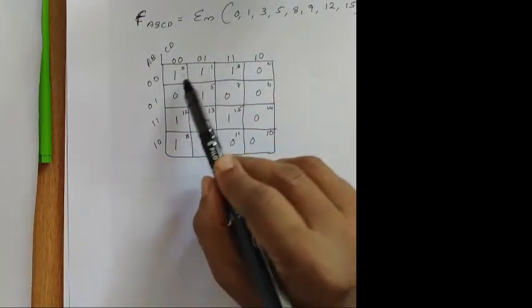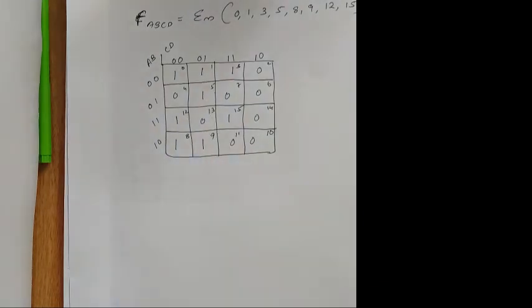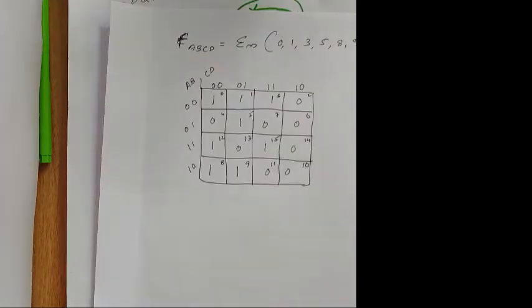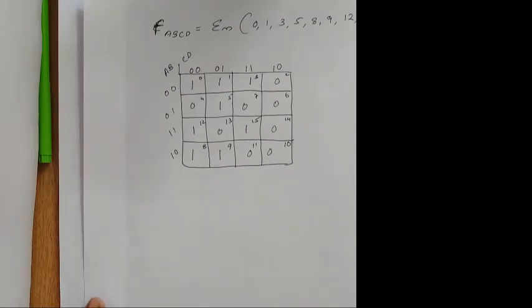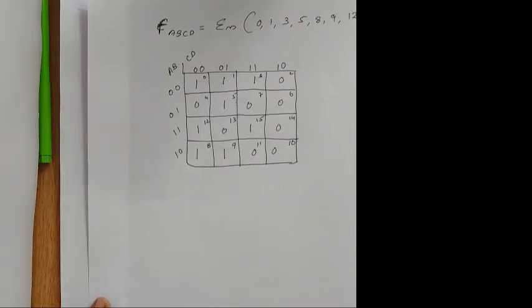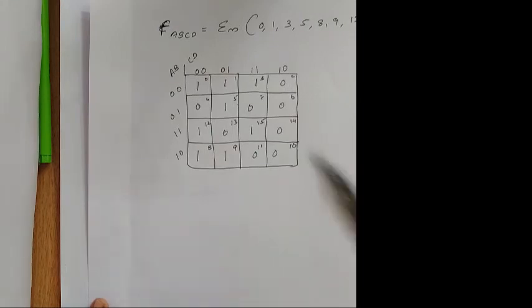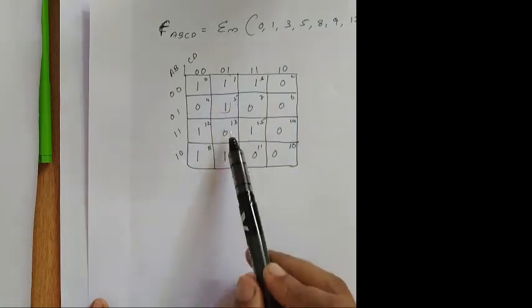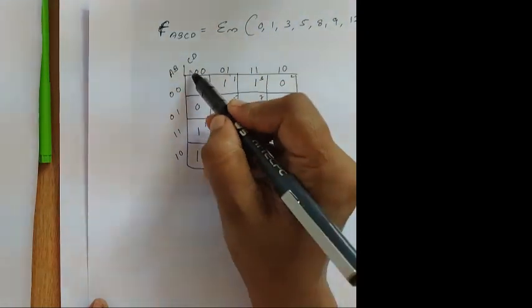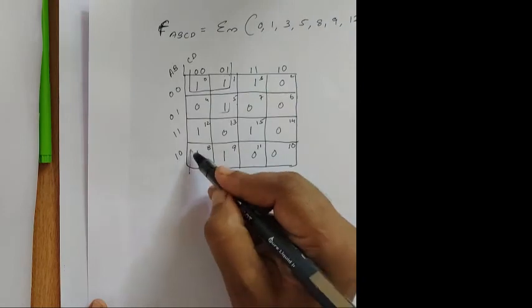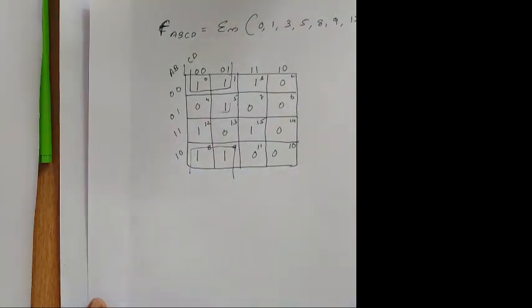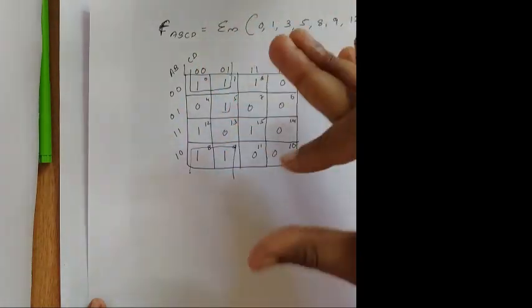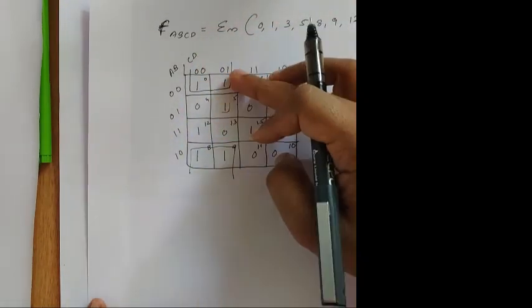So this 8-bit data, row 1, column 1, column 2, you can't get. Column 3, 4 is not there. Row 1, 2, 3, 2, 3, 3, 4. You can just check it. Now you can see whether you can go for any 4-bit grouping. Is this 4 possible? No, this 4 is not possible. So I can group these 4. When you're folding it, you will get the adjacent sides. So you can group these 4.